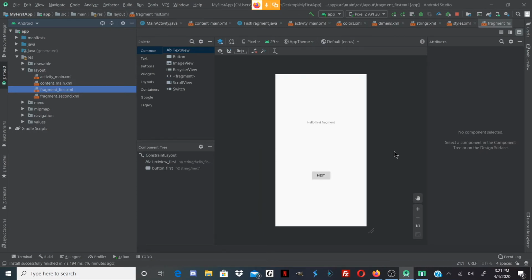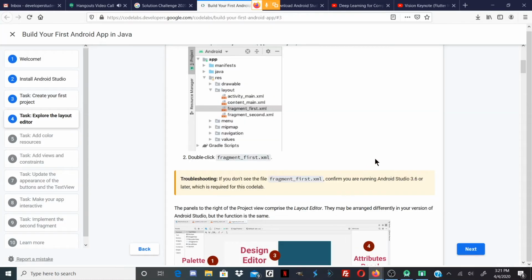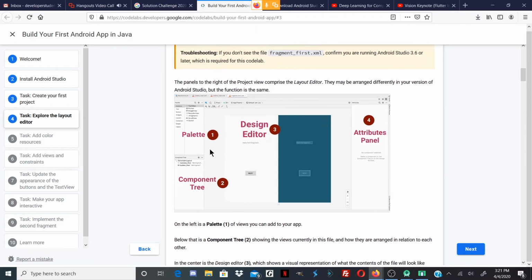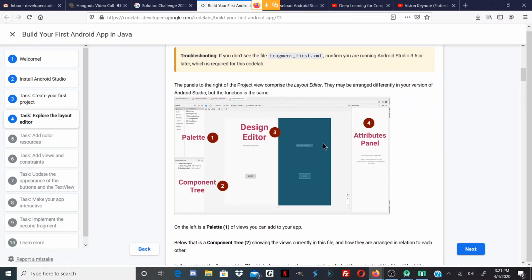As I had stated before, the Hello First fragment was inside of fragment first. We're going to go over where we're looking at, and so you'll understand each window that is presented to you